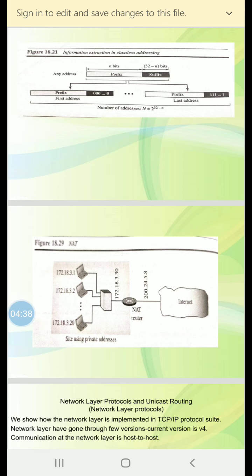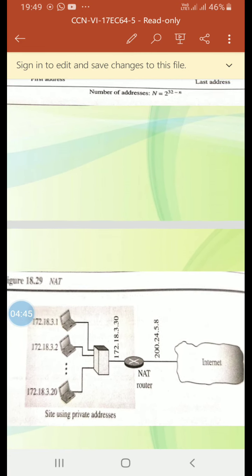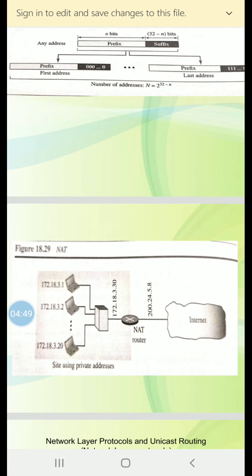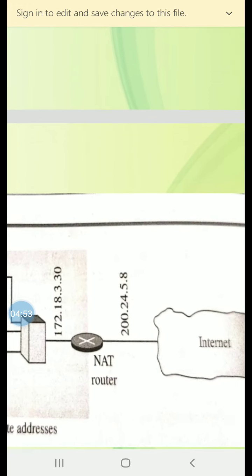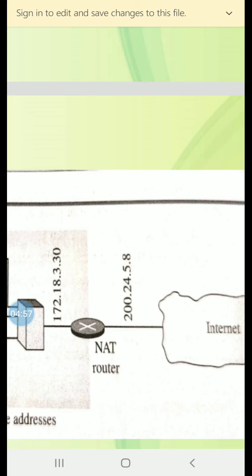To remove this restriction, the NAT router can use a pool of global addresses. For example, instead of using only one global address, which is shown here, that is